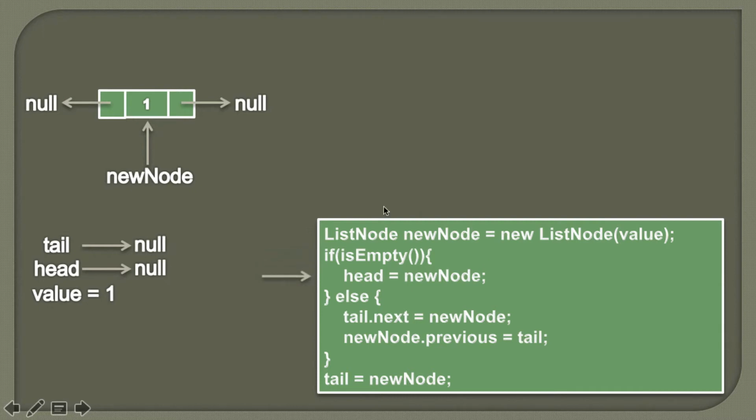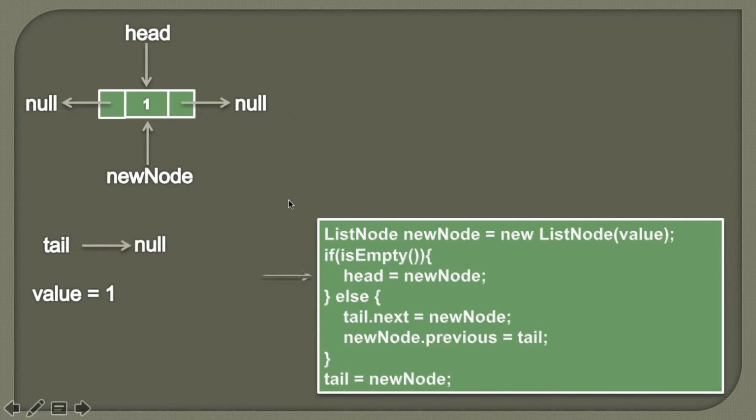As we want to insert this new node at the end of a doubly linked list, and currently this doubly linked list is empty, when we insert this new node, this would be the only node in the doubly linked list. We know that head points to the first node, so we'll assign new node's value to head. You will see that now head points to the new node.